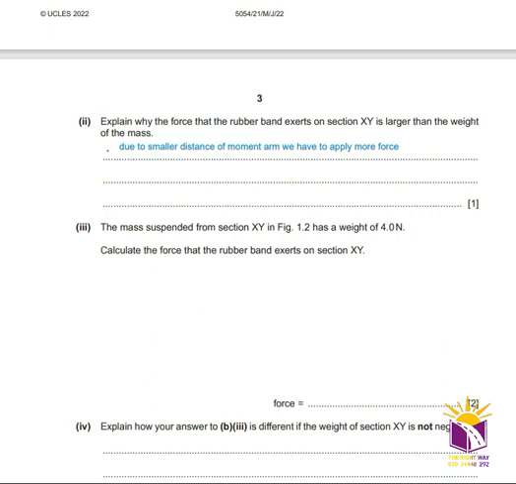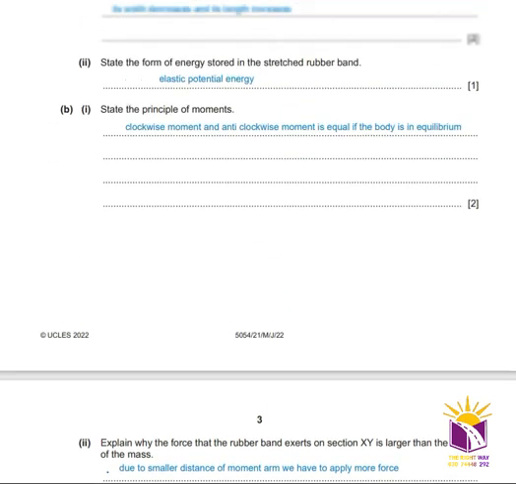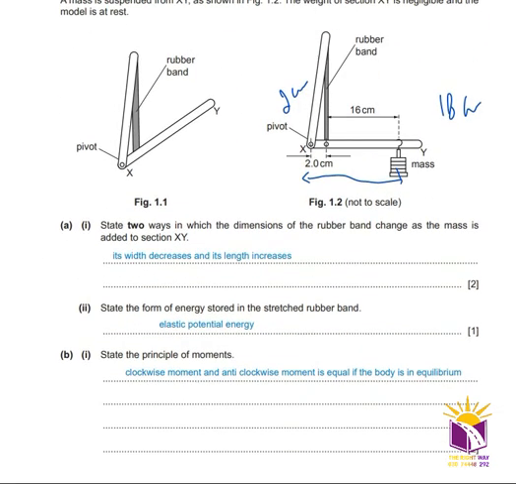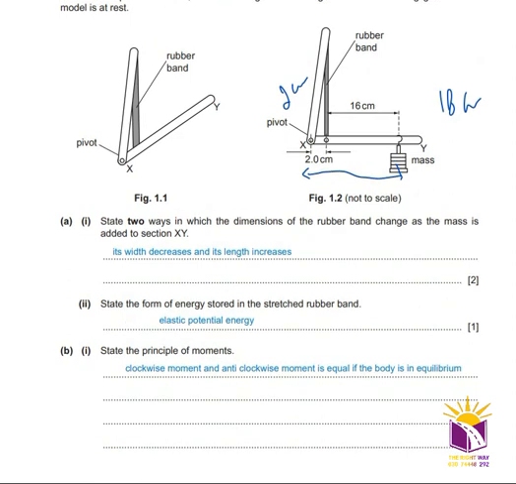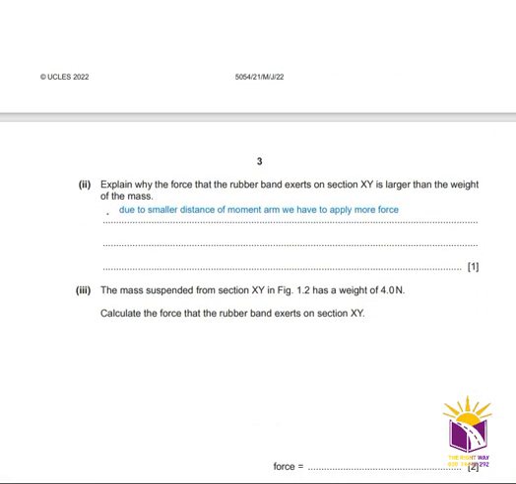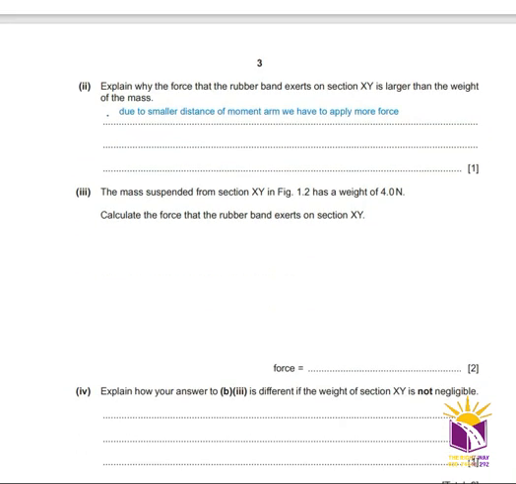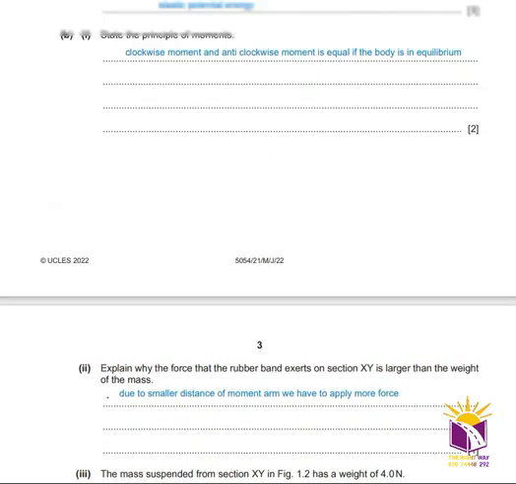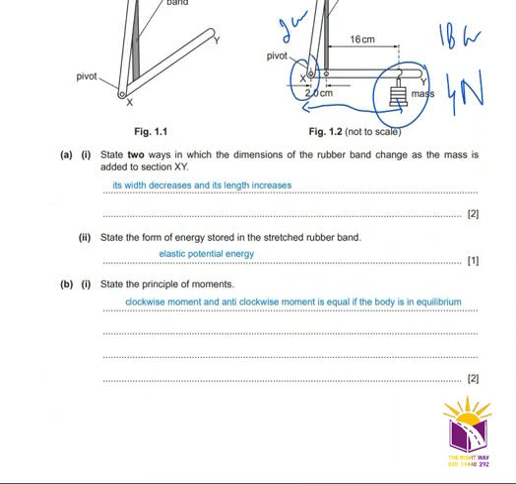Okay, question number 3. The mass suspended from section XY in figure 1.2 has a weight of 4 Newton. What will be the force of the rubber band? Okay, we know that the clockwise moment is equal to the anti-clockwise moment, and from here the pivot point is your X,